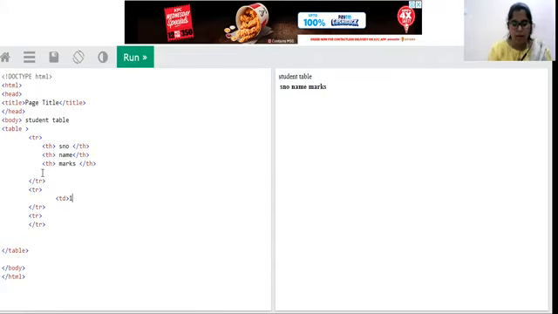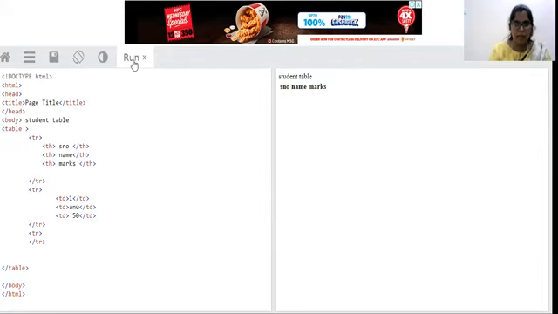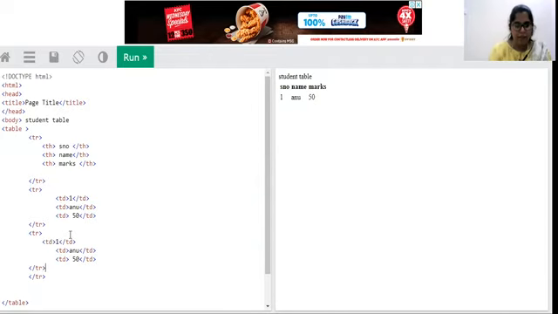So here we are getting the details of the first student. Same content we are going to take for the second row also, but the details of the student will be changed.